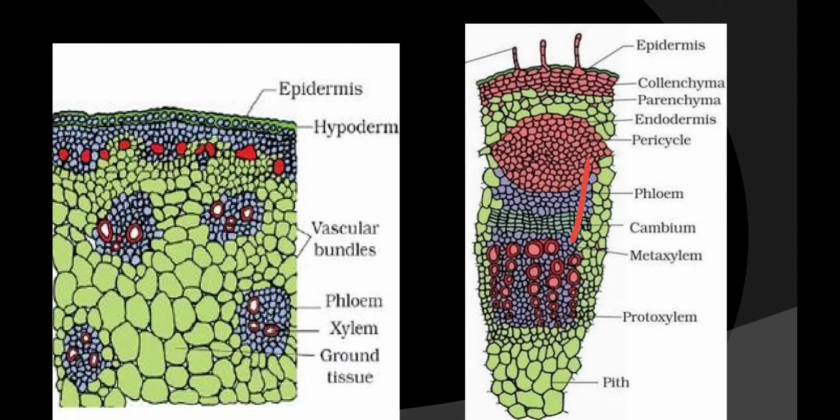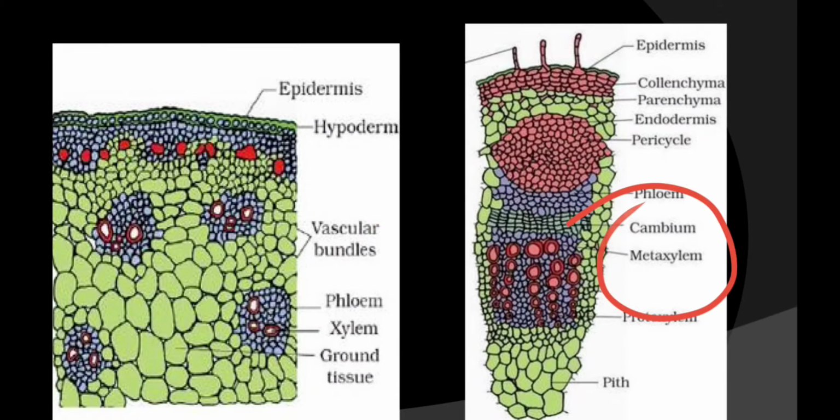Now if you move inward, then you will see vascular bundles are there. So here, this is the phloem and this is the xylem region. In between the phloem and the xylem there is a cambium ring. So the vascular bundles, in the case of dicot stem, are arranged in a ring pattern. What you will see is that they are conjoined, collateral, and open.